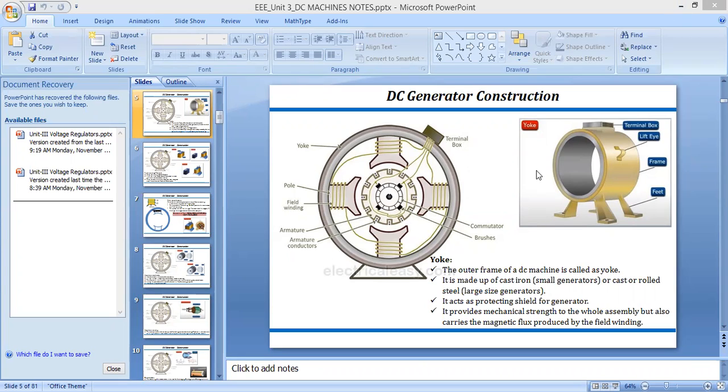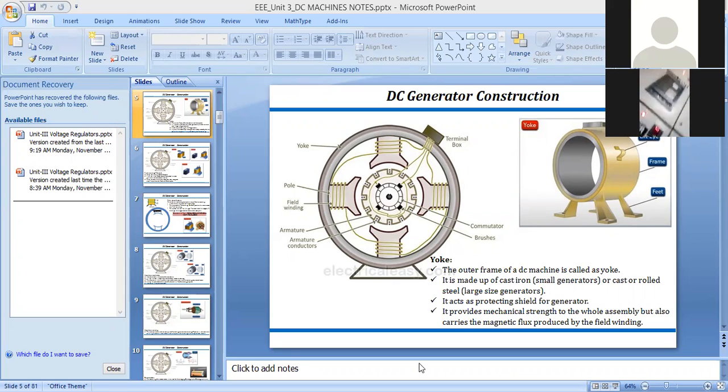So you can see here, this is the constructions for the DC. Mahesh Kodekar, I am muting you. Again, you are unmuting. Please don't disturb the class. Okay. There is no need of the video.